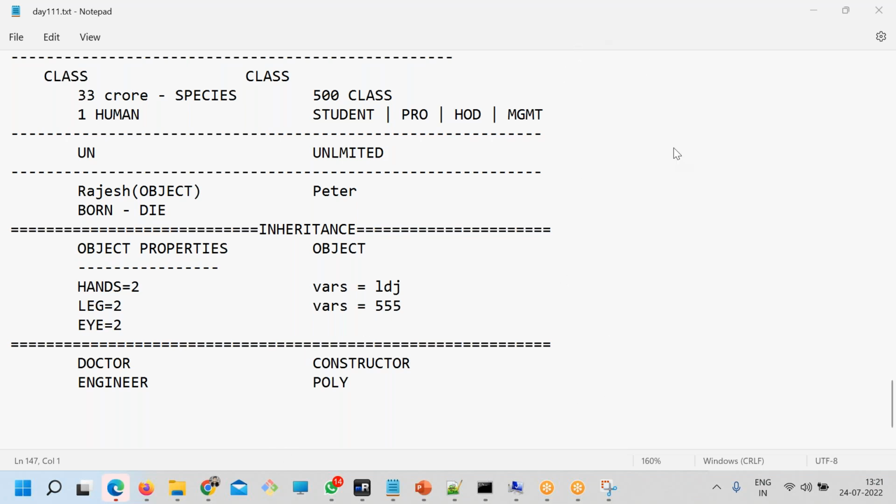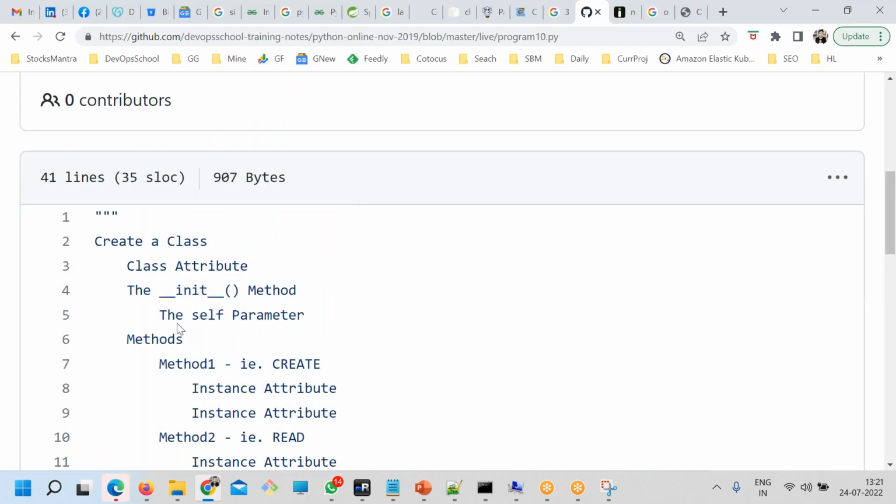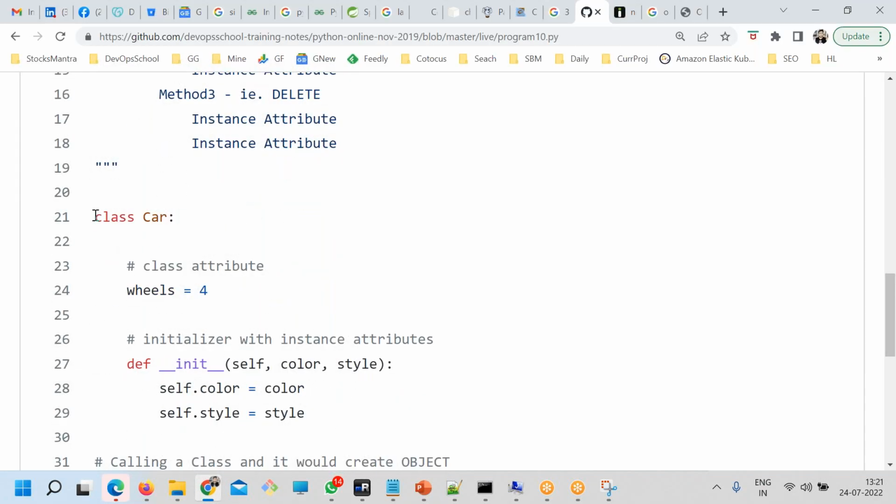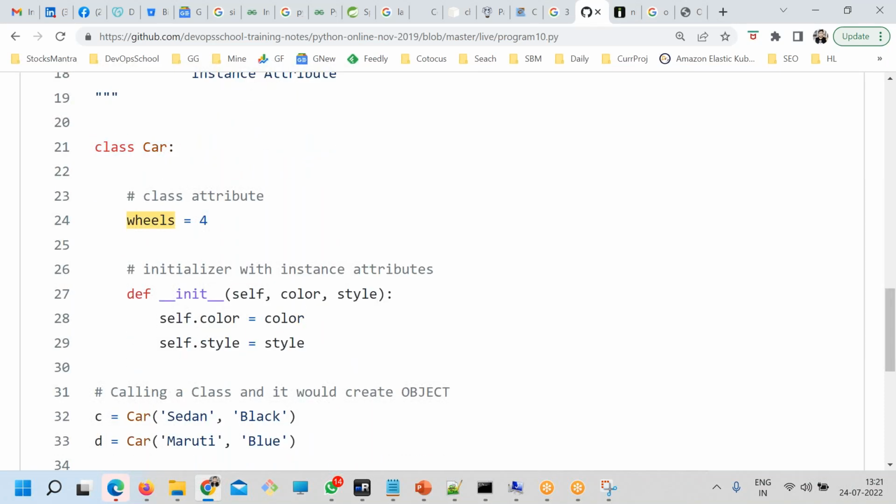So the question is, how do we create a class? We create a class in Python like this. Inside the class, whatever property you want to define, this is one property. This is one function. Let's say human. A human will have some properties, 2 eyes, 2 hands, 2 legs. But each one has a function: the eye will look, the hand will do some work, the leg can be used for walking. These are the functions of each component.